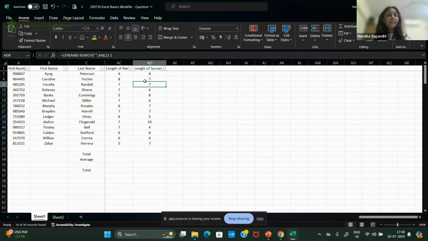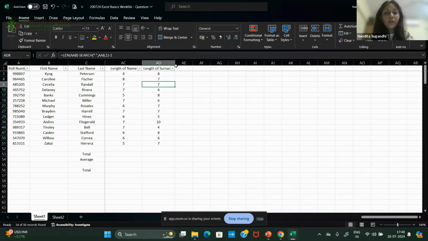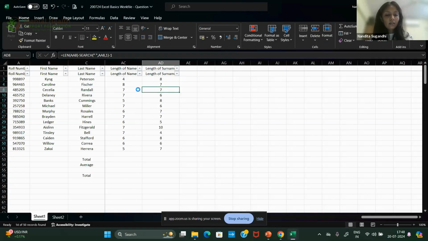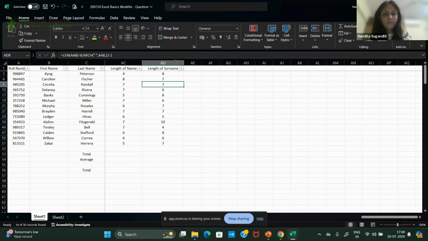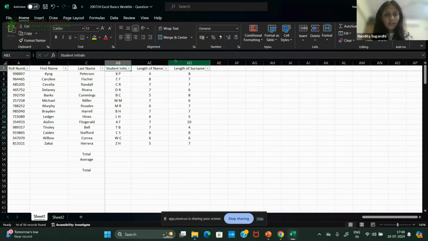So you will get the length of name and surname accordingly. Two different methods we used. We used a simple length formula, and then we used length minus search formula, and we searched for the space between the first name and the last name. So there you have it.